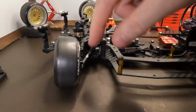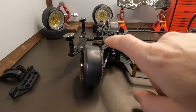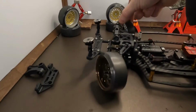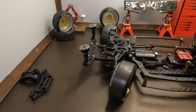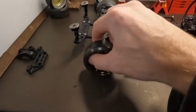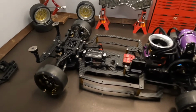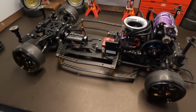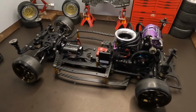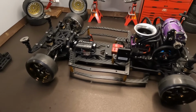I could probably push it out more to increase the point on that wheel, but if you look at it to where the shock is, it's a pretty parallel Ackerman at full lock. So I'll go ahead and test drive this and give my thoughts probably at the end of this video, I think, because I should incorporate that,